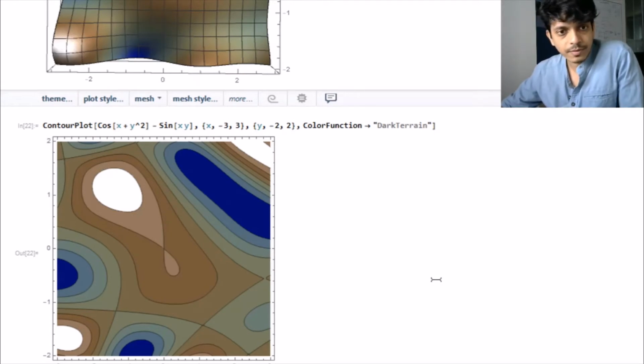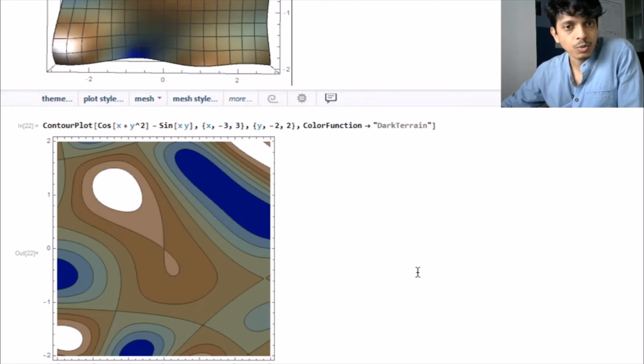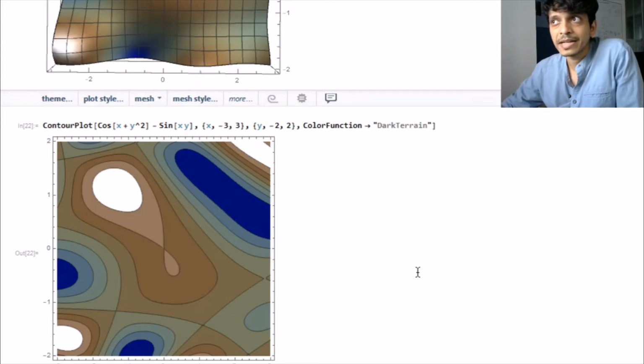And now, just as we were doing in the one-dimensional case, the question that I want to ask is, what is the direction that I should go in if I want to go towards a higher value of the scalar field or a lower value of the scalar field? Or if you want to think of it in terms of altitude, which direction goes uphill and which direction goes downhill? That is the question you're asking.